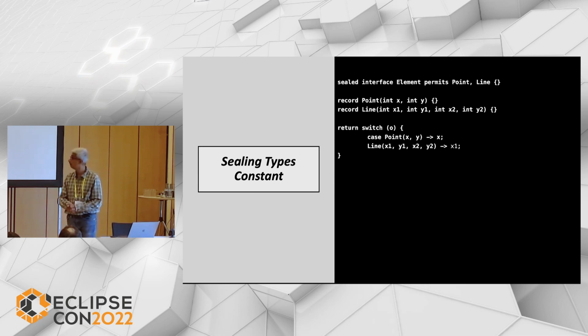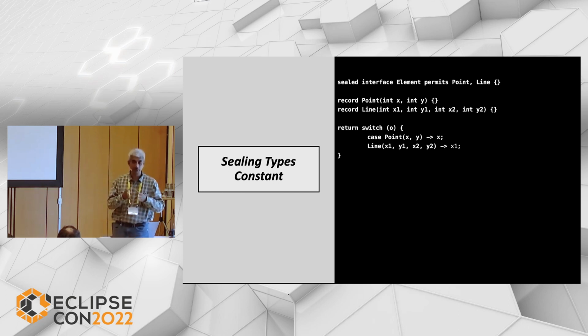Then that's about the sealed types. Has anyone used sealed interfaces, sealed types? Sealed types are something like: you have a hierarchy and you want to bring constantness to the hierarchy. You bring constantness to the class by using records. But if you want to bring this constantness to the hierarchy, we can seal this hierarchy. When I seal this hierarchy, nobody else can add additional subtypes to it. So it is between a final class and a normal class.